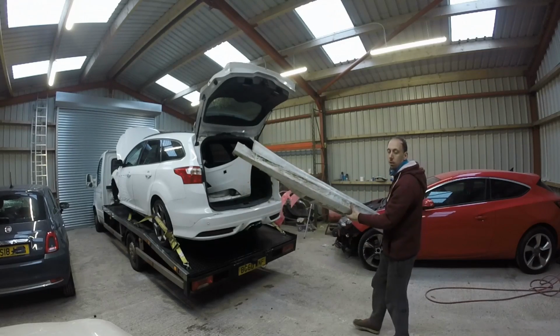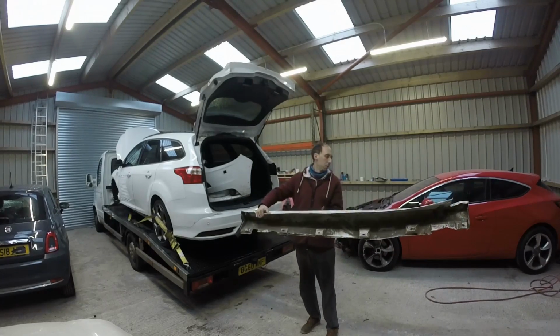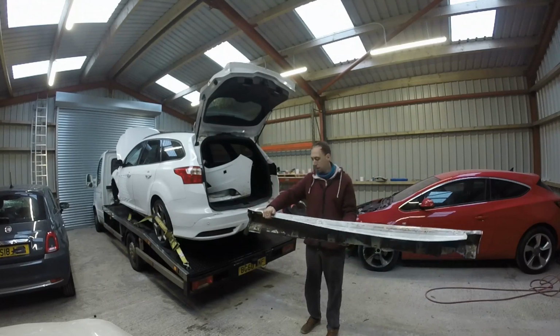A very dirty side skirt, but other than a little bit bent,